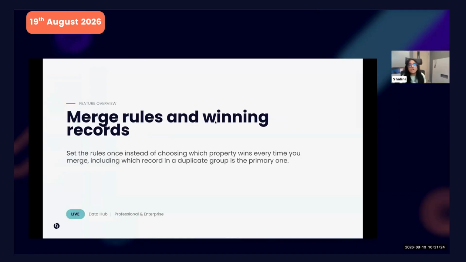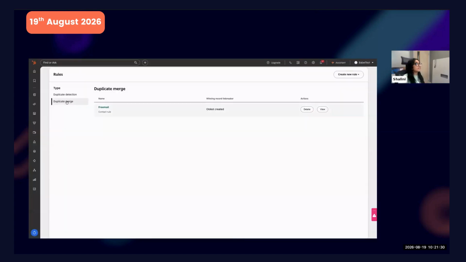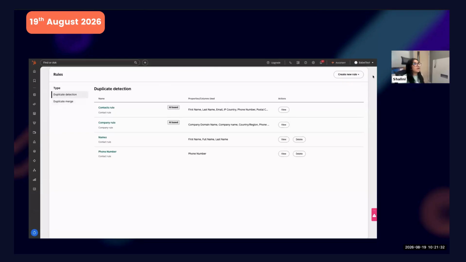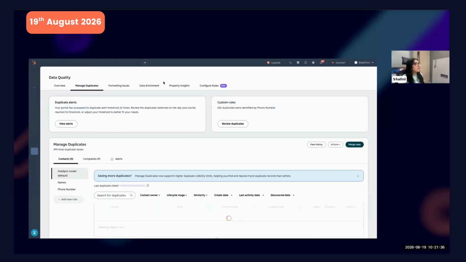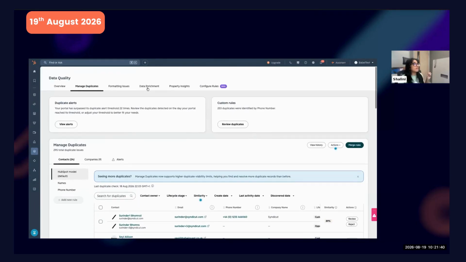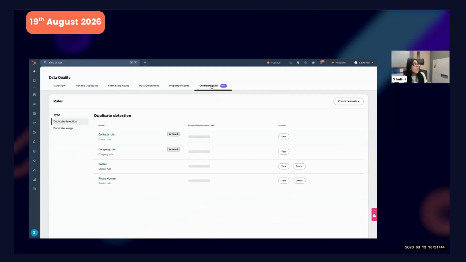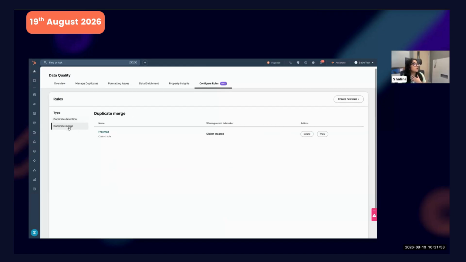The next one is on merge rules and duplicate rules, which is also super cool because now under the duplicates tab, you have the duplicate tabs where you manage your duplicates, etc. But now you have this little tab called configure rules. And what this does is not only are you detecting duplicates based on custom rules that we have discussed in previous sessions, but also